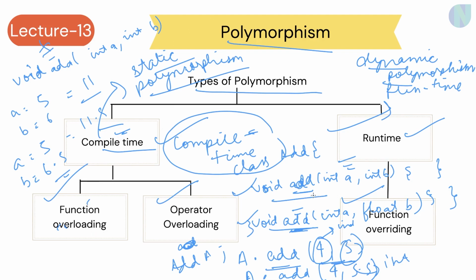And since here the function is being overloaded, like we can now give add int a, int b, add int a, float b, then add float a, float b. Like we can overload it with any of the data types we want. So basically function overloading takes place. That is the reason it is called function overloading.